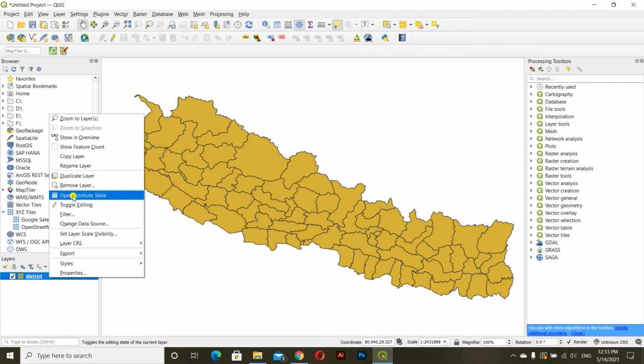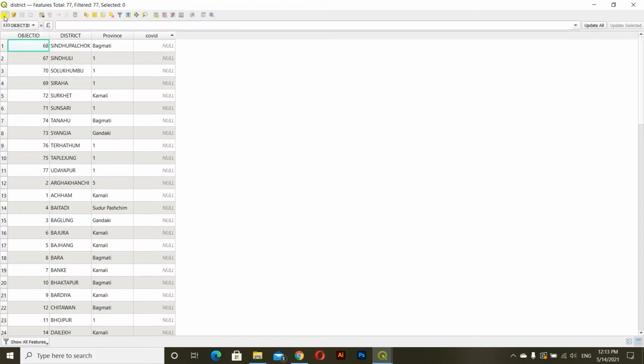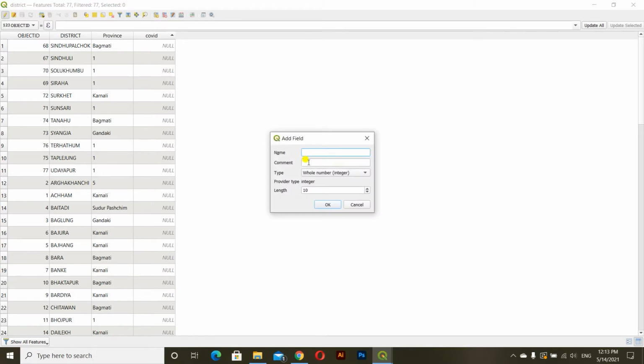Let's go to our attribute table, and then we have to add a COVID-19 new field. I have already added it. If you don't know how to add this field, we have the option called toggle editing mode at the left corner. We have to click and turn this mode on, and then click the new field option at the top.